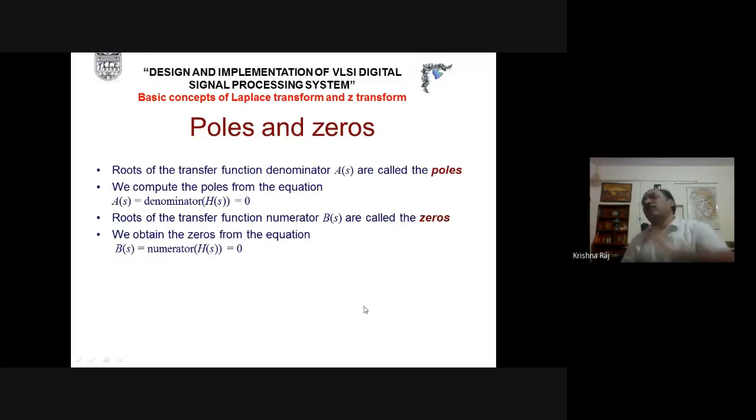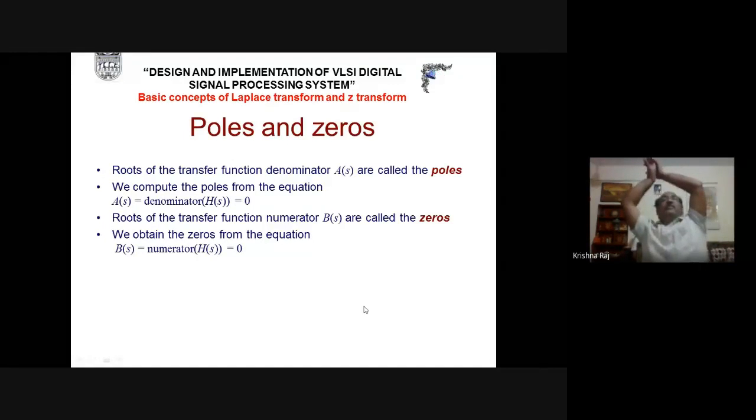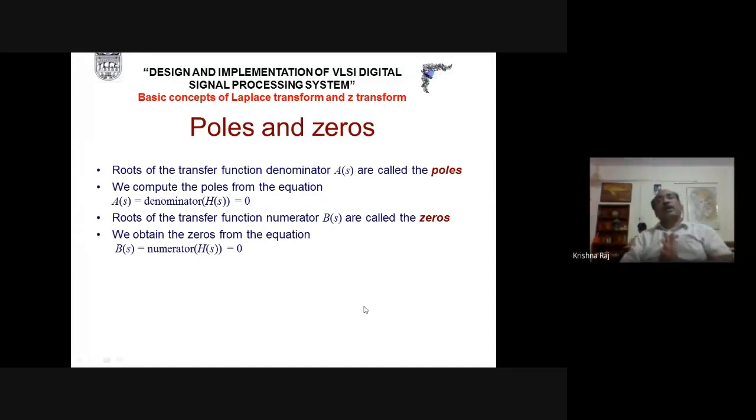When s is replaced by j omega, it becomes a frequency domain representation, and now it is complex, having two values: the absolute value and the angle. The absolute value is known as the amplitude variation with respect to frequency, and we call it the amplitude response of the system. If the phase, that is the angle, is changing with respect to frequency, then we call it the phase response of the system. In total, including the amplitude response and the phase response, it is named the frequency response of the system.